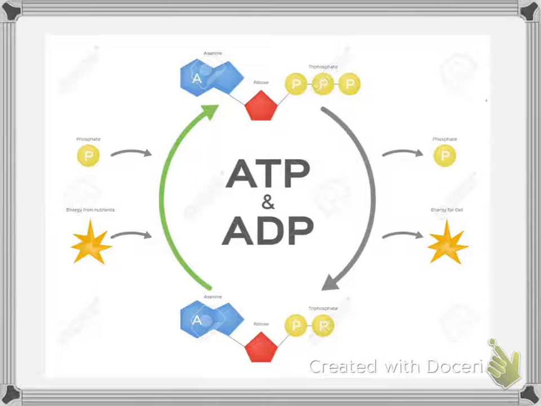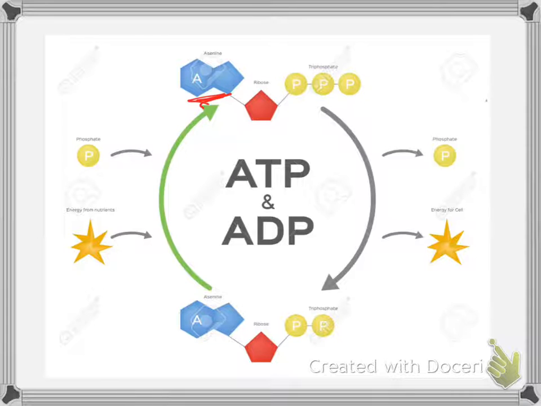Just want to remind you about our ATP and ADP cycle. Remember, ATP is a molecule that's really ubiquitous. It's found everywhere in all cells, and it provides the energy to do cellular work. So if we look at this molecule, you can see that it's made of an adenosine molecule, which is a